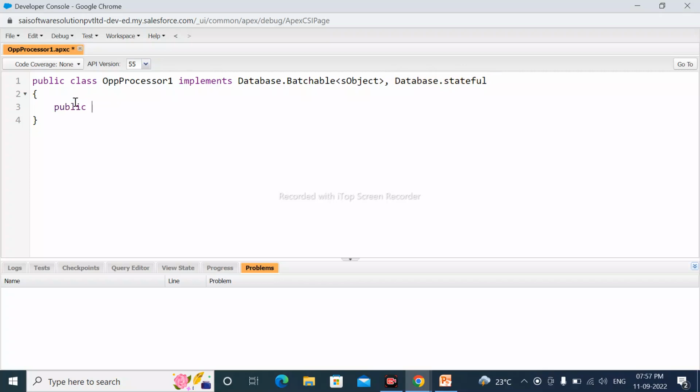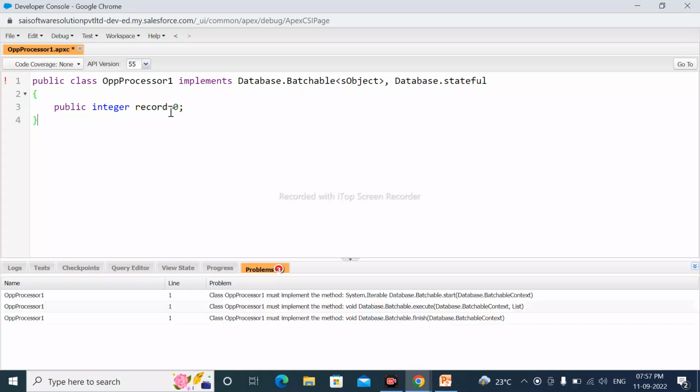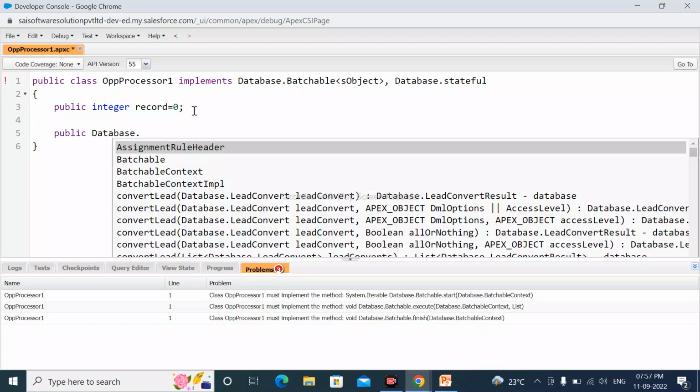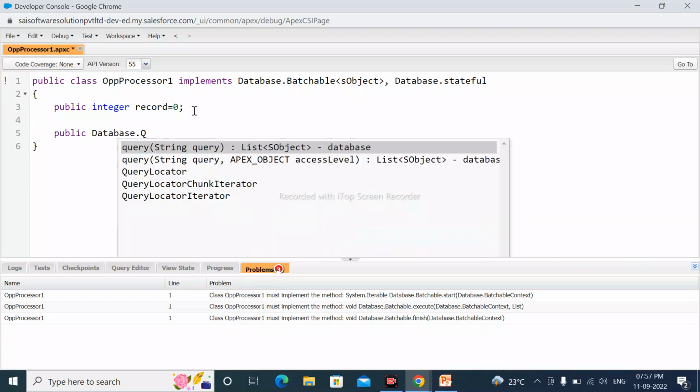Here I write public Integer recordCount equals 0. I am first initializing recordCount equals 0. After that, the first method is start. Public Database.QueryLocator